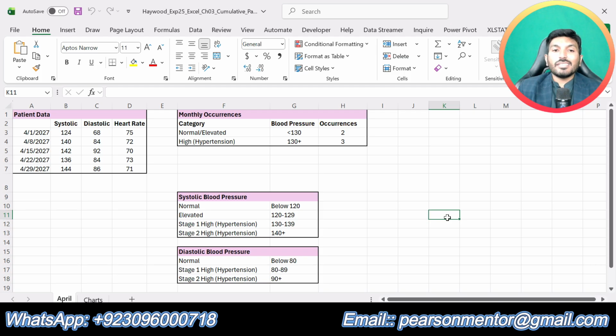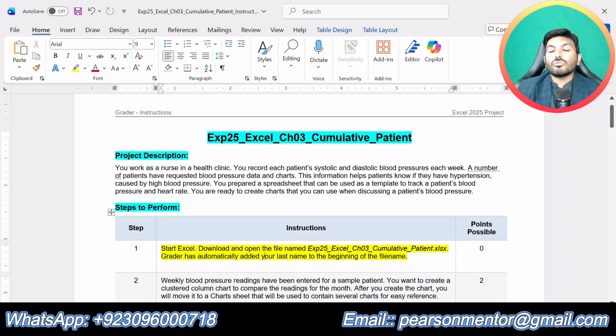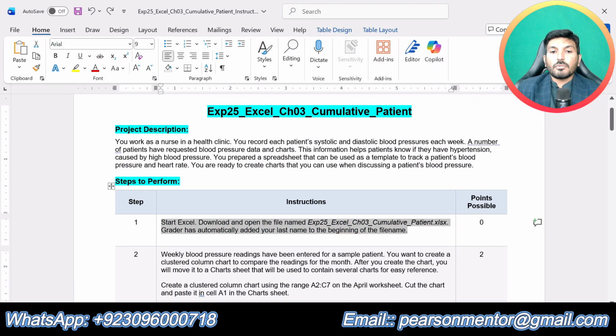Step number 1 is saying just download this Excel workbook from your course dashboard or Pearson dashboard. I have already downloaded this one, and you can download it from your course dashboard. So there is nothing else to solve in step number 1. We will move to step number 2.